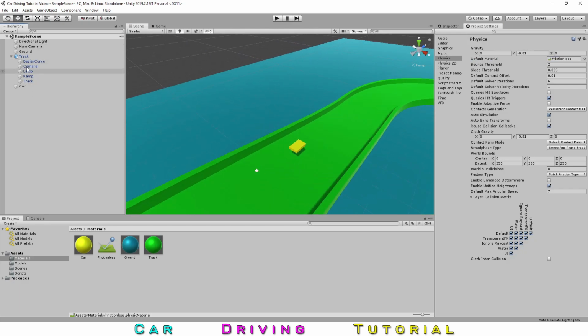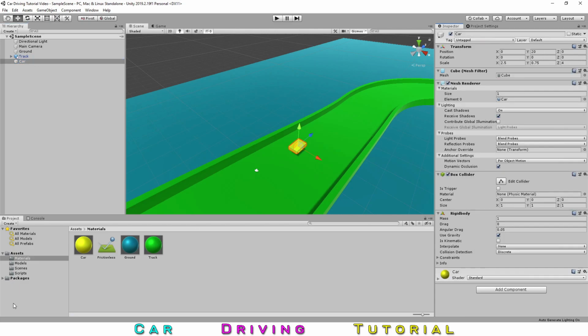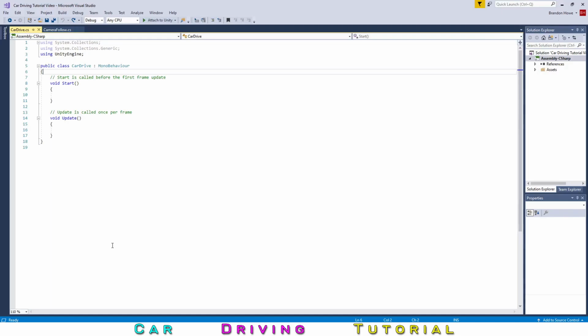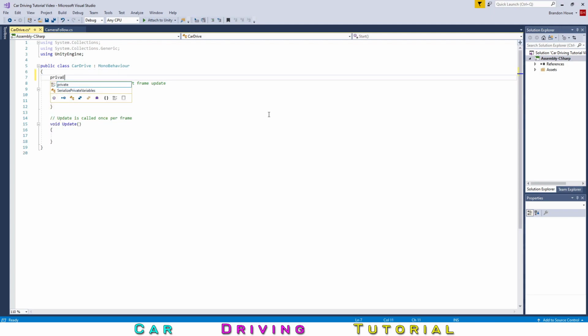All right, so now with that all said and done, let's go and make our car actually move. Going back to our car, we are going to be creating a script to get it to move. More specifically, this CarDrive script that I've already made, but nothing's been done to it yet. So let's go and open that up in Visual Studio and start working on it. In order to get our car to move, first things first, we're going to want to get a reference to that Rigidbody component that we made to be able to apply forces to it to get it to move. So we are going to type private Rigidbody,